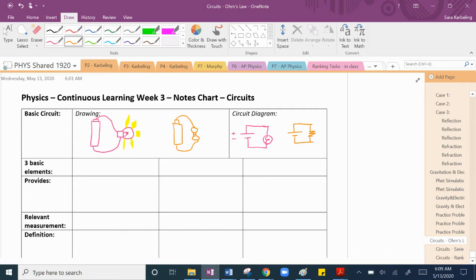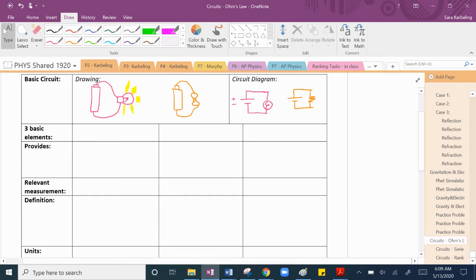Now we're going to look more carefully at the three elements that we just talked about in those circuits. So the first of those elements was the battery. And the battery provides something special to the circuit. You've got to have some sort of battery or some sort of source of energy. Okay, so the battery provides energy to the charged particles that are moving around